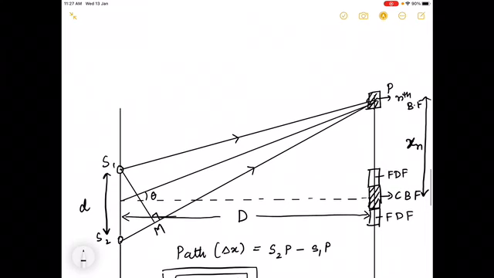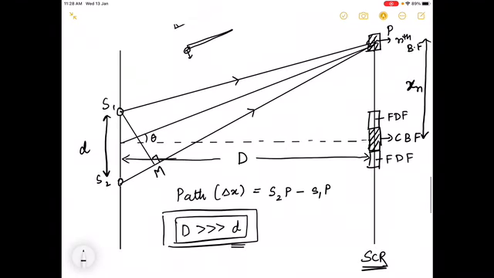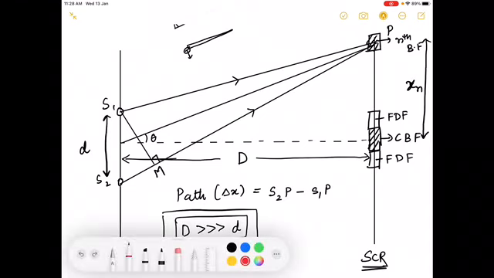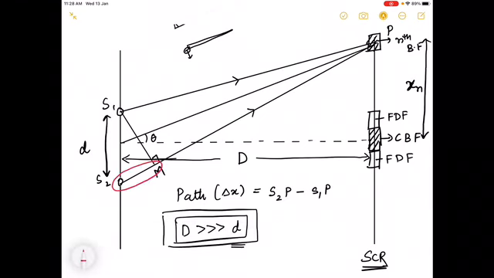What does this mean? Basically I'm going to see something like this. Basically you will see that they are coming from the same line. It will be something like this. You will feel that this is at a greater distance, and there is a path difference. So this OM can be considered as my path difference.